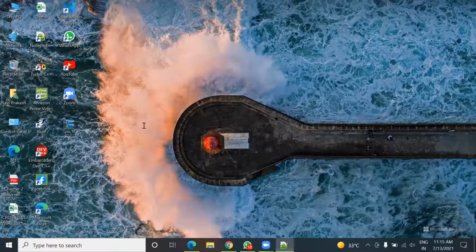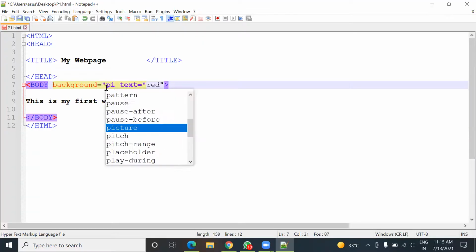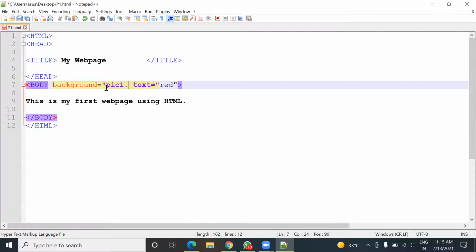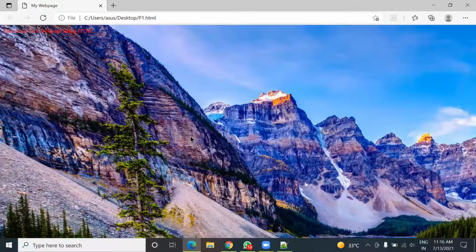Okay. So here I'm going to give PIC1 and then its extension, PIC1.jpg. Okay. Now again save this and see the change. Now you can see a picture is there.